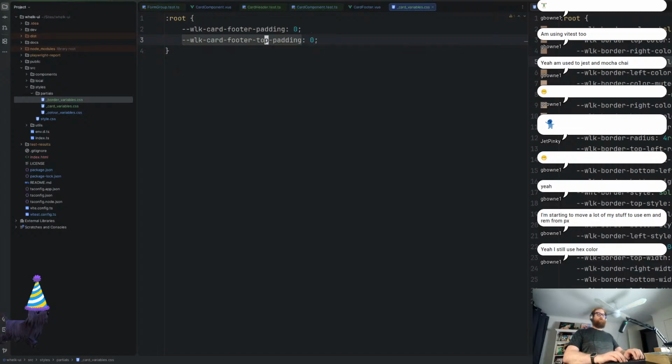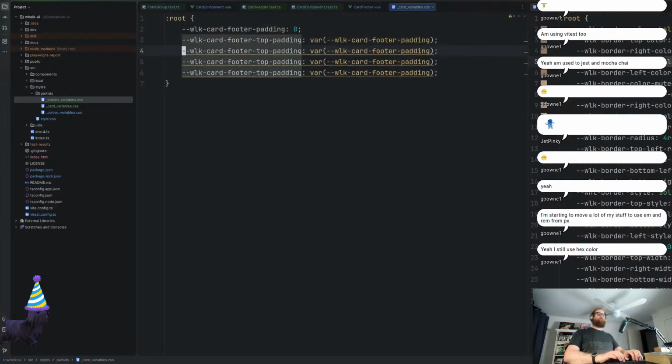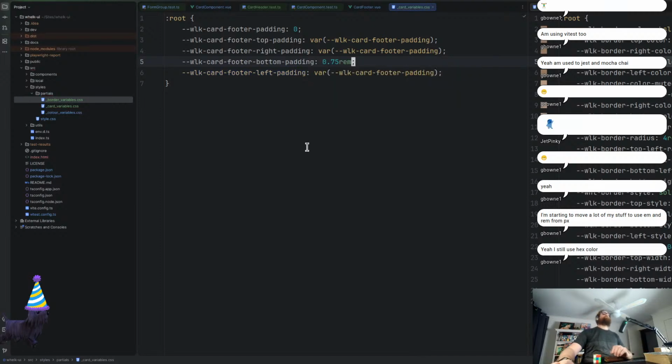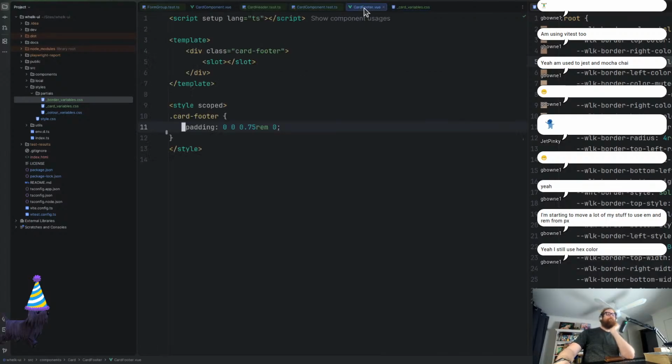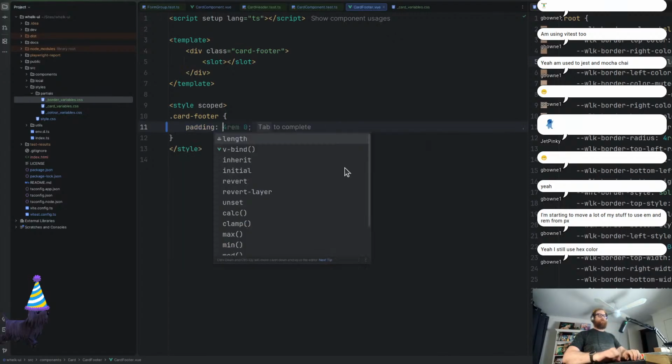And I'm going to go top. I'm going to go var. And then we're going to paste it in 3 times. And then we're going to go right, bottom, and left. However, for the bottom, we're actually going to put 0.75 rem. So we're actually overriding. We're doing something random like that. And then in here, what we need to do is padding var